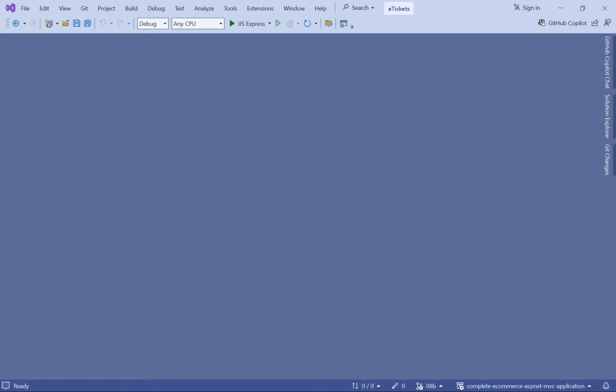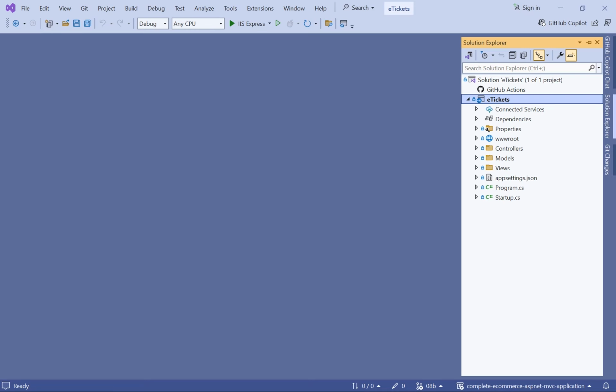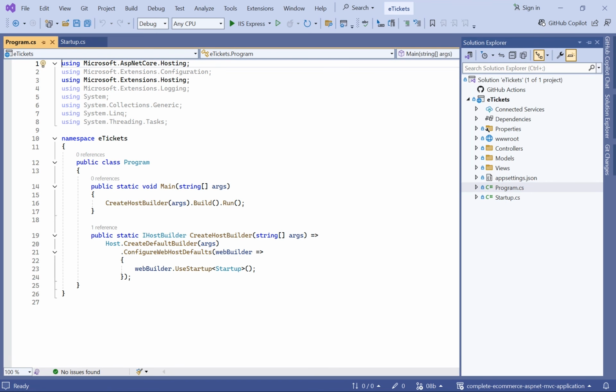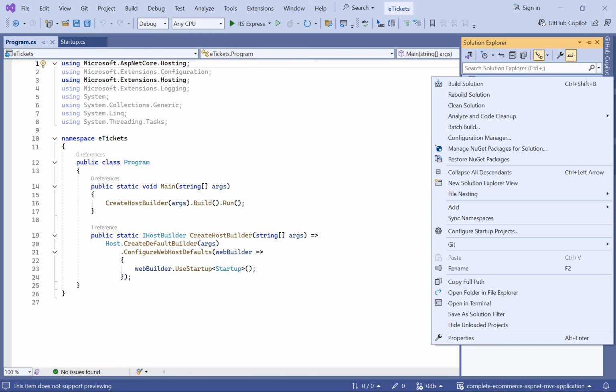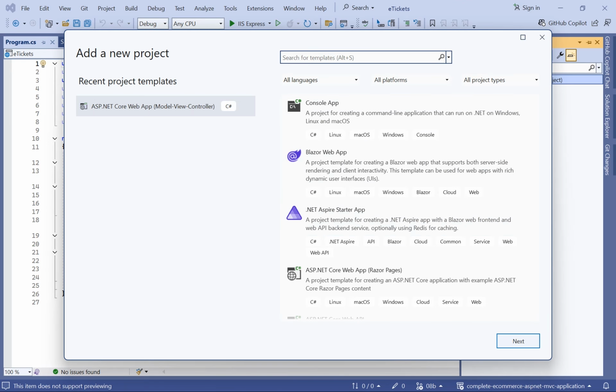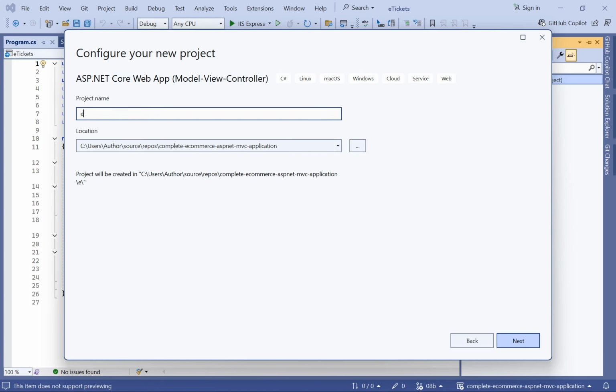Now in Visual Studio, I've opened the branch 08B, which is the beginning state of part 08. And I'm going to work with this one because in here I don't have any code changes. I'll just go to the Solution Explorer, and here I have the project where you can see the Startup.cs and the Program.cs. Now let me create another project in here. Just right click and then add. We are going to add a new project. Let us search for MVC because that is the template or the framework that I've used. Go to next and I'll name it